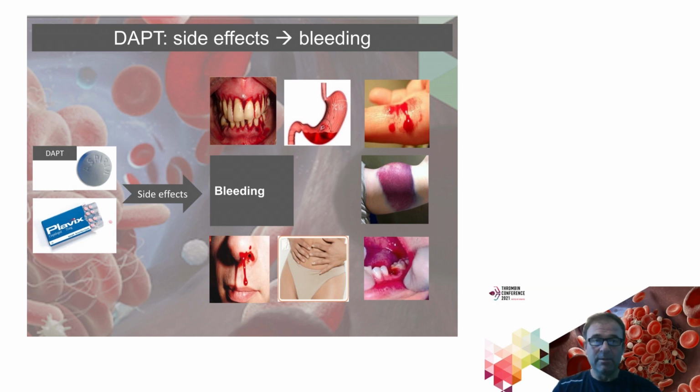the dual antiplatelet therapy. For example, the PFA 100, the ROTEM and TEG are very commonly used for dual antiplatelet therapy because those machines are available in the hospitals for monitoring general bleeding disorders. And they also have an application for monitoring P2Y12 inhibitors, but validation studies show that those measurements are not very reliable. Well, another very commonly used method to monitor dual antiplatelet therapy is the Verify Now.